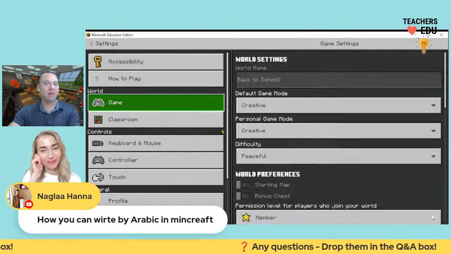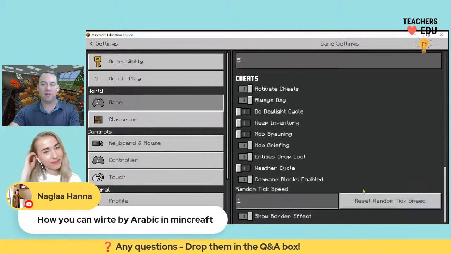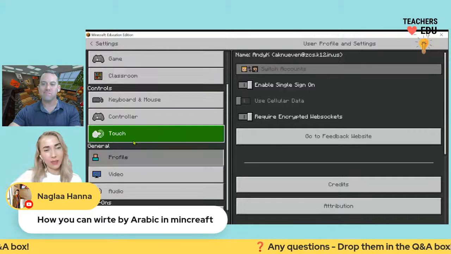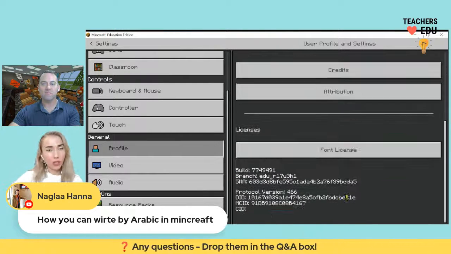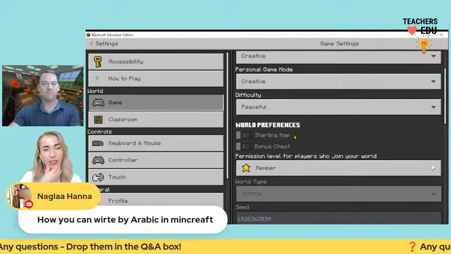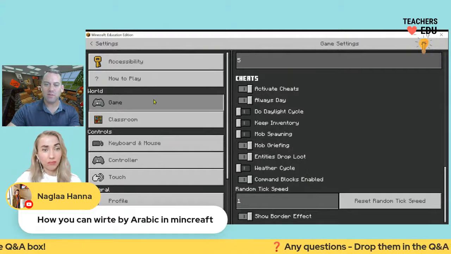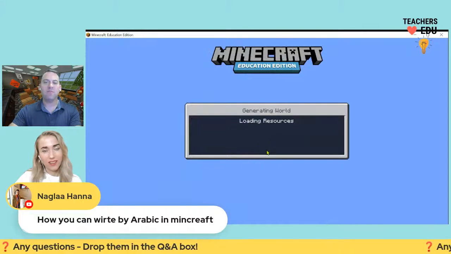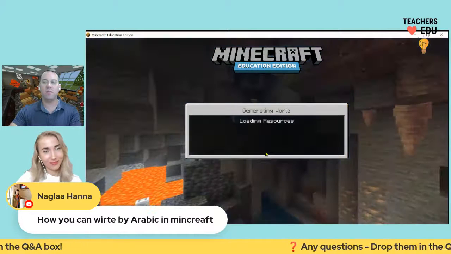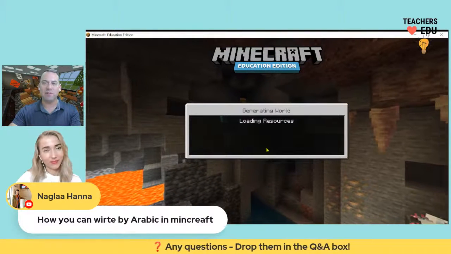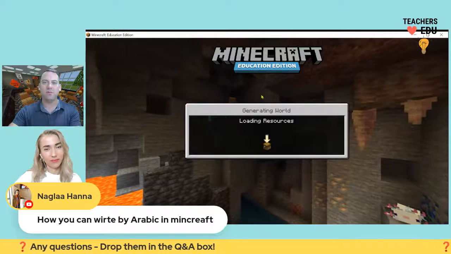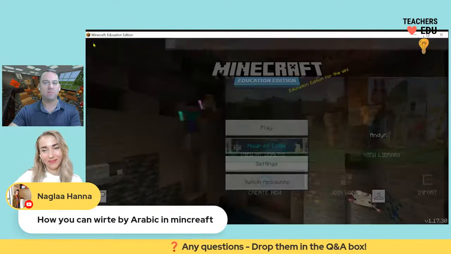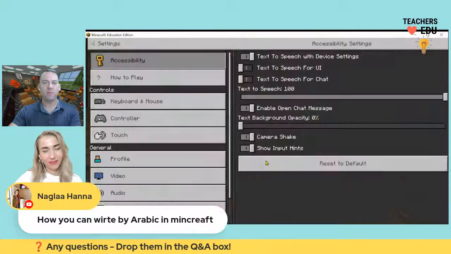And actually, I believe there is a... Let me find, maybe there is a profile. The settings must be fixed in the browser or in the program itself. So probably in the program, I guess. Let me see if there are any settings. I know that you can default the language, and I know that they're working on a variety of different language options in Minecraft, but getting to setting that default language. Now, writing in Arabic,